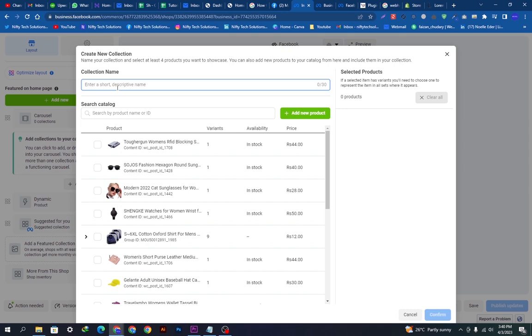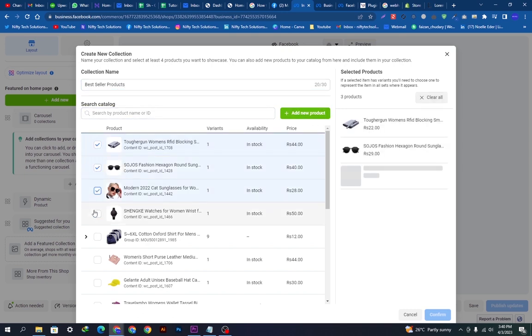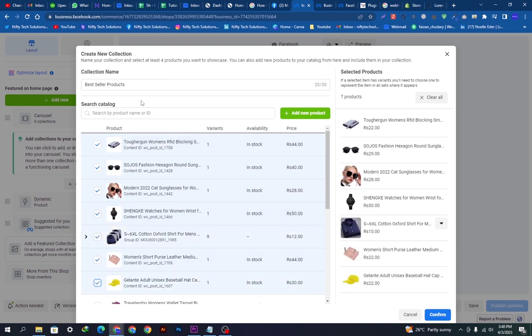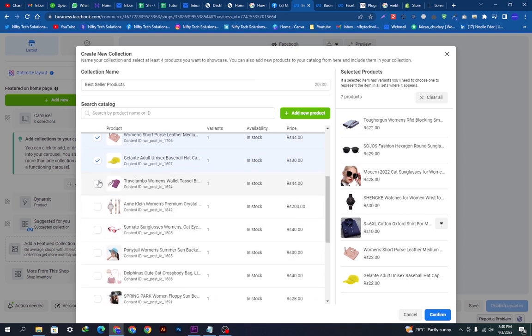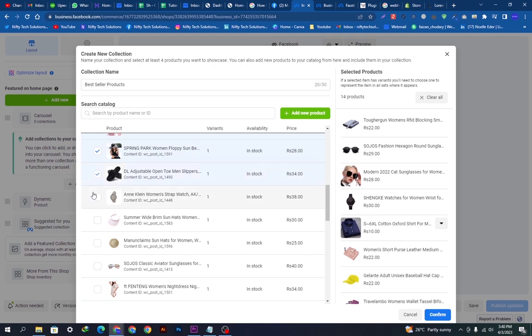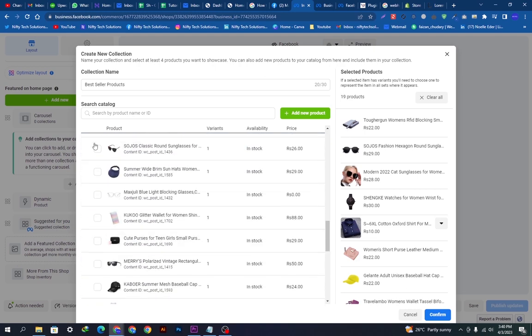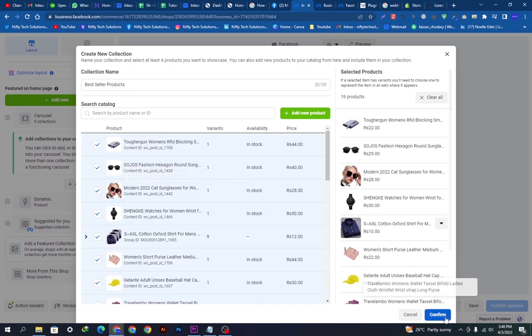Okay, so here I need to add a collection. A collection means sometimes when a customer needs a specific type or category of product, he just comes to the shop and just clicks the bestseller products or the featured products or the collection. So we need to add a collection here, it will increase the traffic and it will make our Facebook shop better. Okay, so I have just named the collection, and now I need to select these products and just